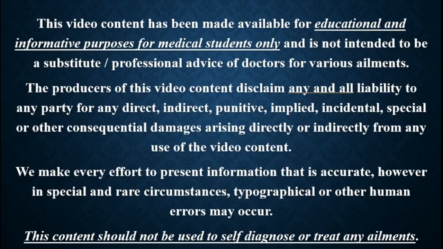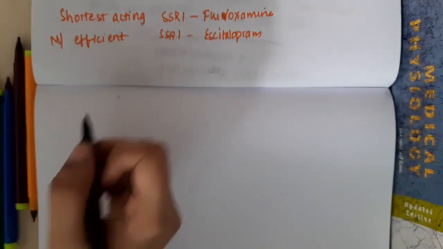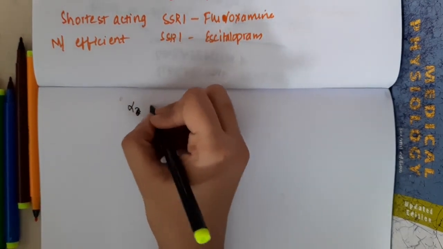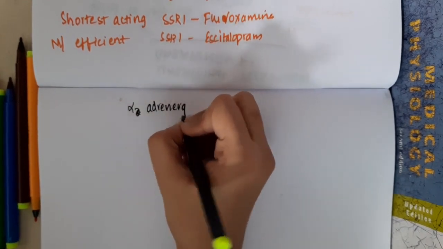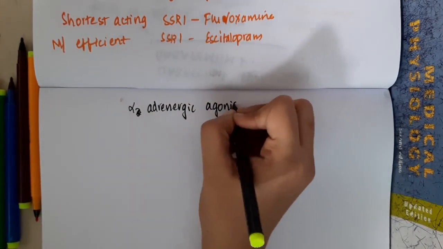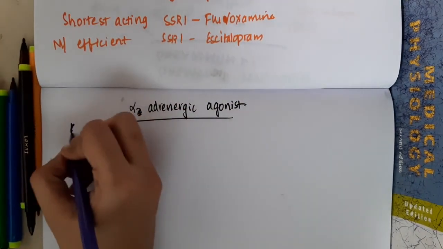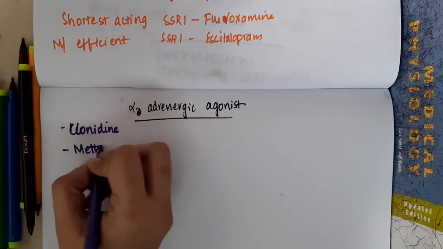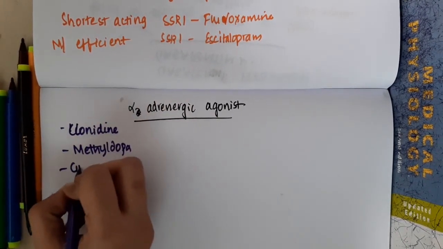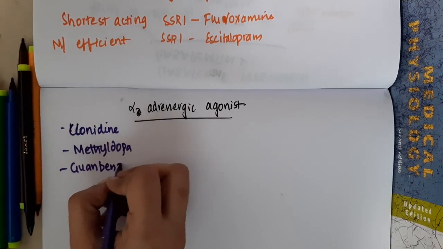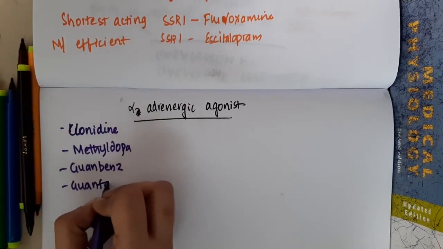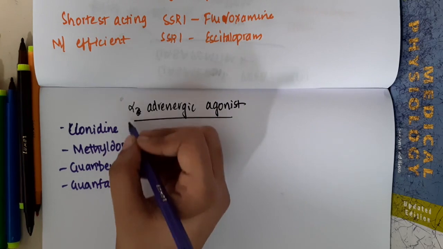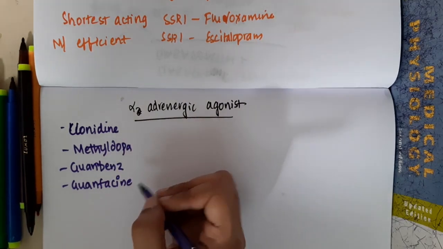In this lecture, we will learn about a question asked in AIIMS PG. Which of the following is an alpha adrenergic agonist? The options given are clonidine, methyldopa, guanabenz, and guanfacine. If you see, all of these are alpha agonists, but the best answer here is